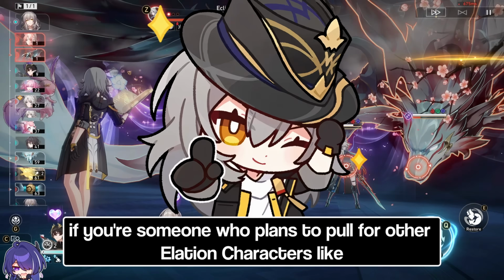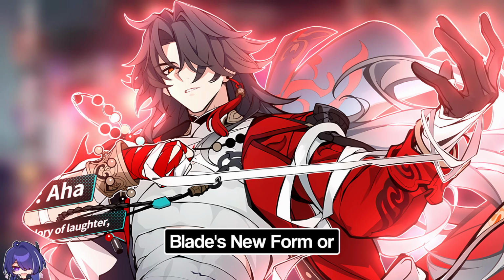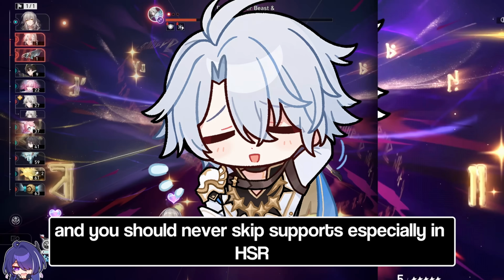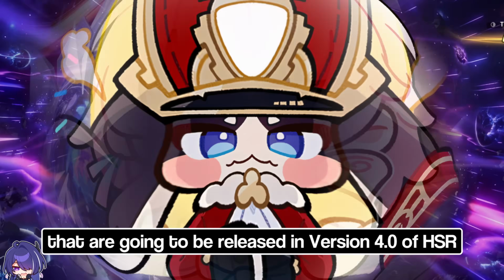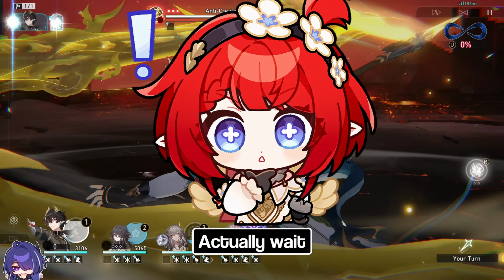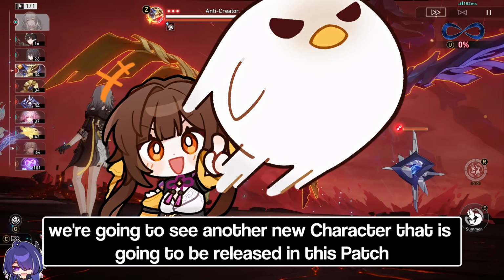Overall, if you're someone who plans to pull for other Elation characters like Sparxie, Blade's new form, or Evanesha, you should definitely try getting Yaoguang as she is a support, and you should never skip supports, especially in HSR. Well, with that, we're done talking about the new characters that are going to be released in version 4.0 of HSR. Actually, wait, I forgot to mention that along with Yaoguang and Sparxie, we're going to see another new character